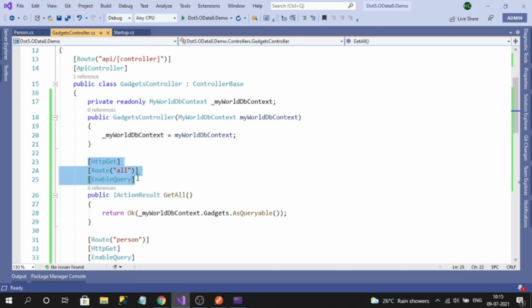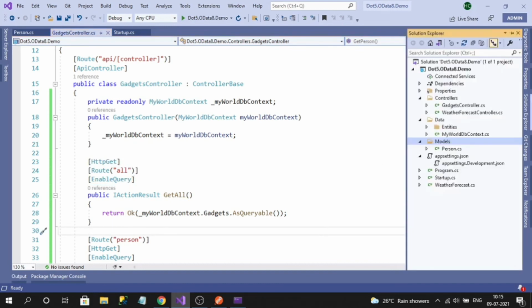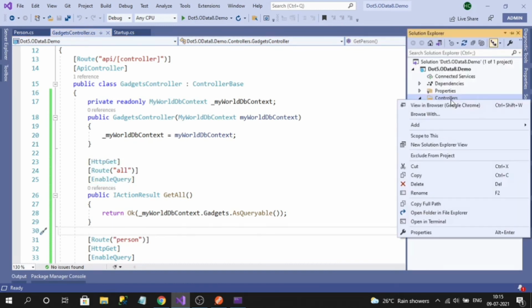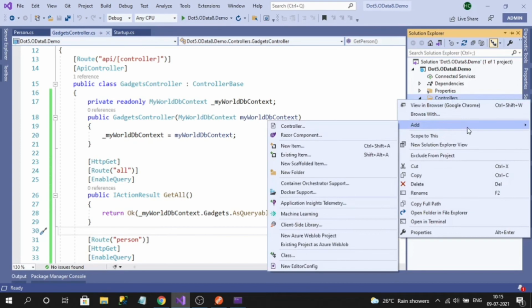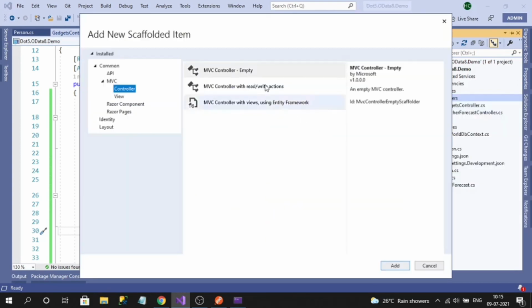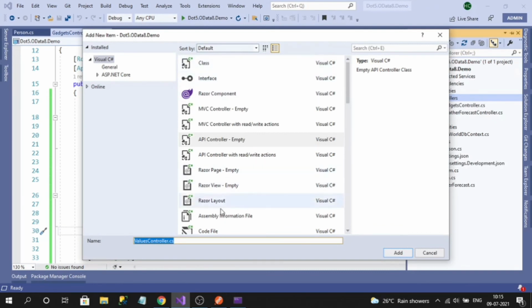But for our understanding, I will also implement OData routing here. Okay. So to do that, what I will do, I will create one more controller. Okay, API empty, and I will name it OData gadgets.